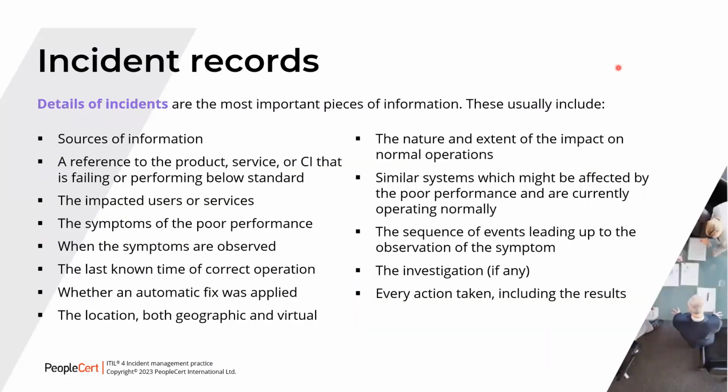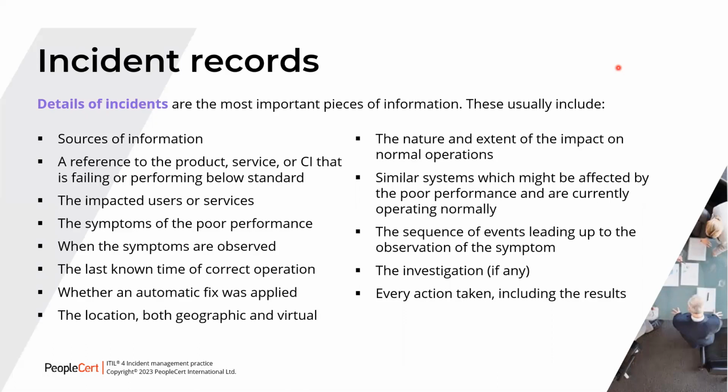Now, details of incidents are the most important pieces of information, which usually include the following as listed here: the sources of information, a reference to the product, service, or the configuration item that is failing or performing below standard, the impacted users or services, the symptoms of the poor performance, when the symptoms are observed, the last known time of correct operation before the symptoms began, whether an automatic fix was applied, and if not, the reason,